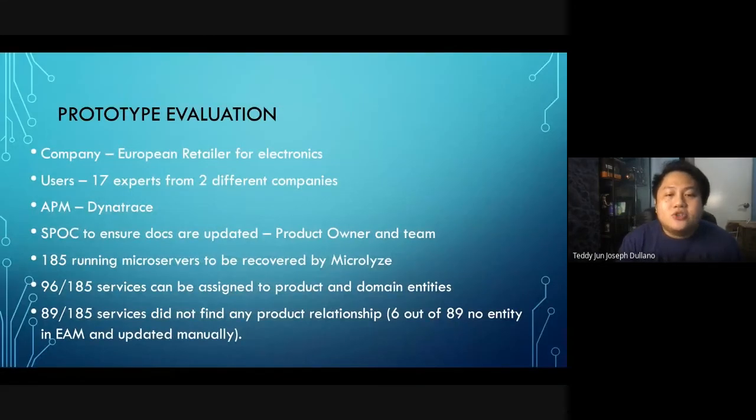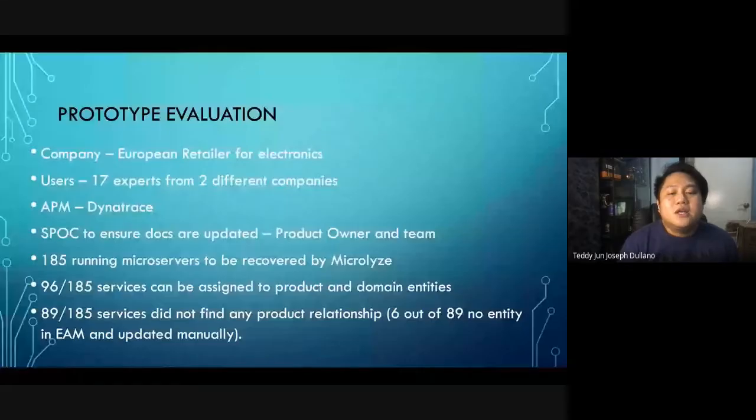The SPOC that they worked with to ensure that the documents are updated were the product owner and the team, and they found that they were able to recover via the microlize around 185 running services. So via the tool, they ran it, they analyzed, and they found out that there were 185 running microservices in this European retailer